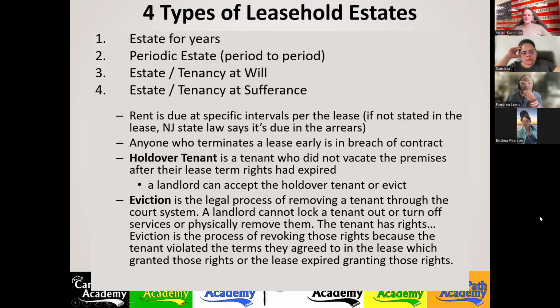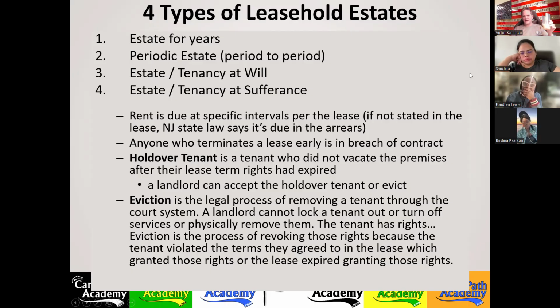And if it's for any reason other than non-payment of rent, the landlord needs to notify the tenant in advance that they're violating the lease terms before they could file for eviction. They could serve the tenant with a notice that they're violating the terms and to get their act together by a certain date. Otherwise, eviction will happen. And depending on what it's for, will dictate how much notice the landlord needs to give the tenant or how many times they need to give notice to the tenant.